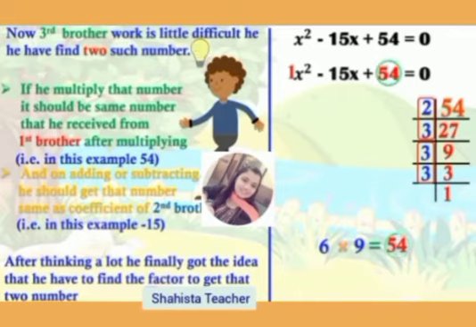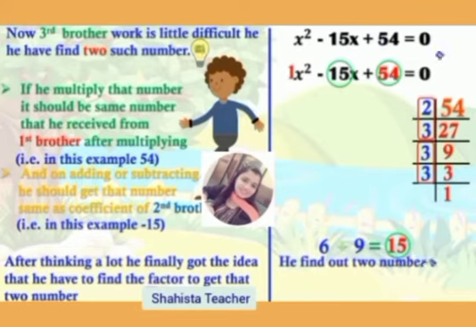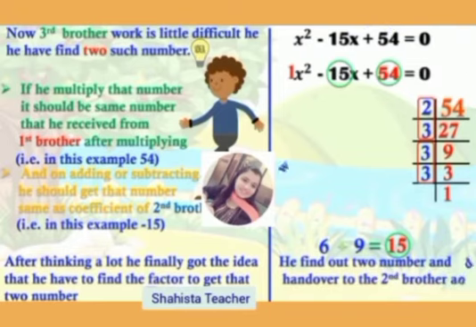After multiplying these two numbers 9 into 6, he gets 54. So 9 plus 6 is 15. So he finds out two numbers. Now after multiplying we get 54, and after adding these two numbers we get 15. He finds out two numbers and hands them over to the second brother, and he goes to rest